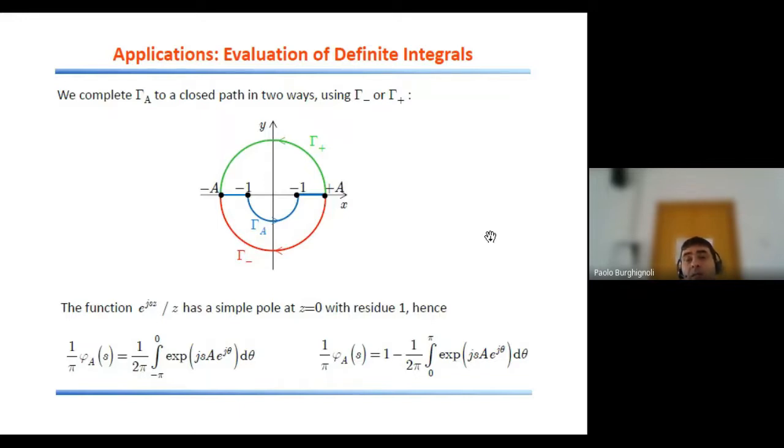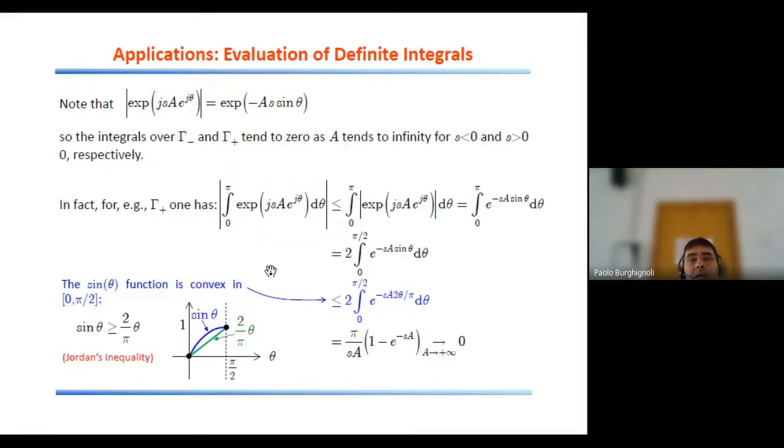Since the residue is equal to 1, as you can easily establish by means of the power series representation of the exponential, what you get is that the function 1 over pi times phi a of s is equal to 1 minus the integration performed from 0 to pi, in the direction of the green arrow in the upper gamma plus domain, of again the exponential integrated with respect to theta. Okay, so with this result now,